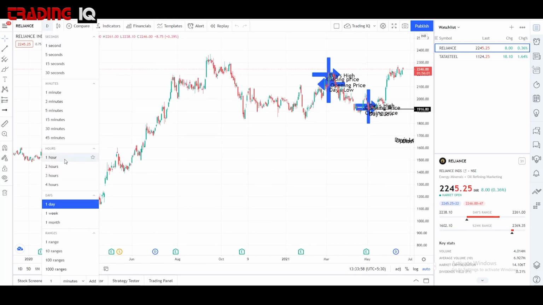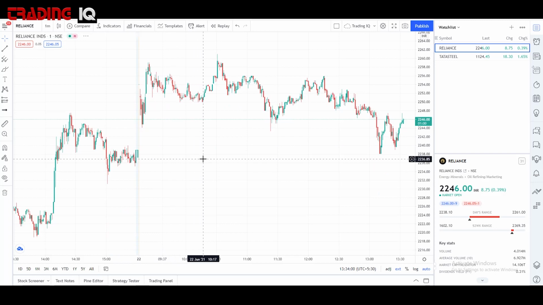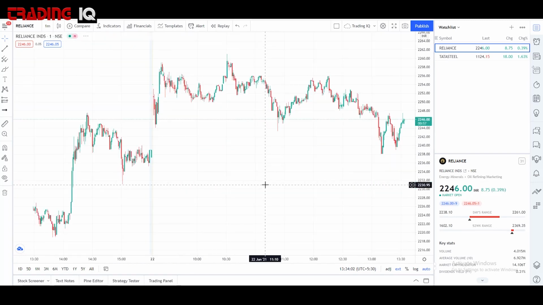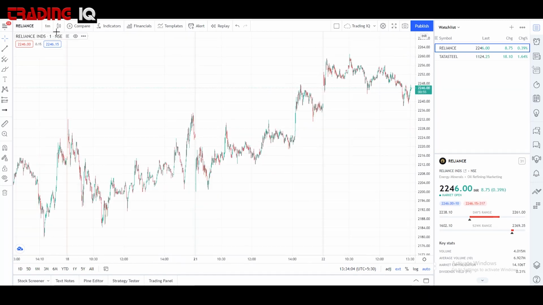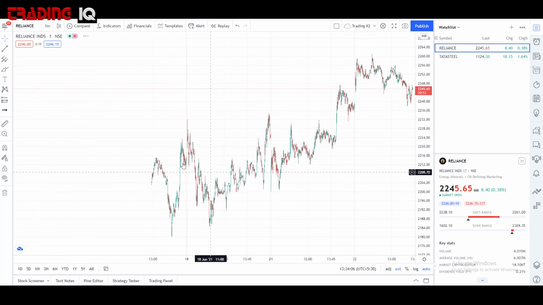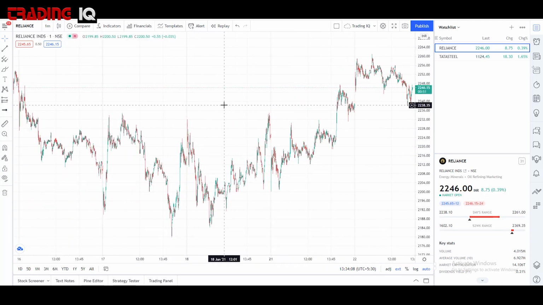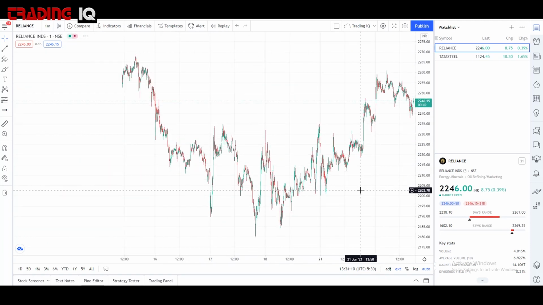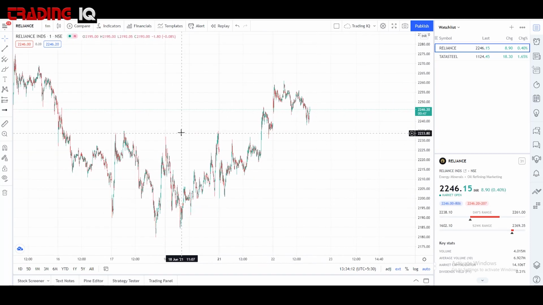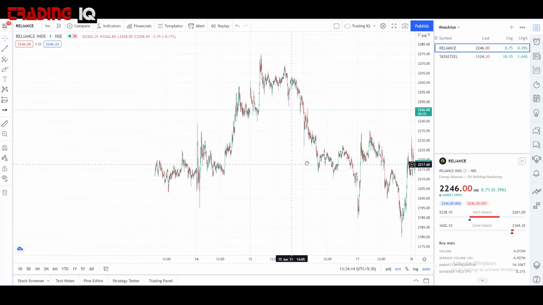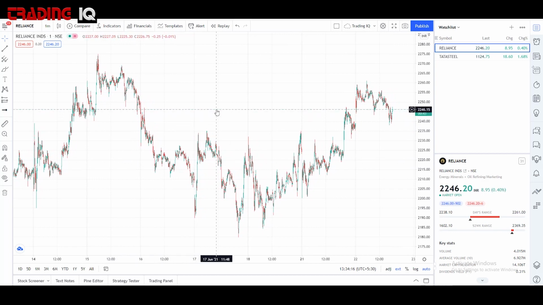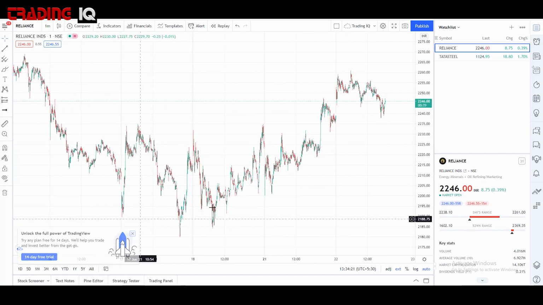let's go to a minute chart because I have made some drawings on the daily time frame chart. So this is a minute chart, right? So you see the shape of Reliance price action like this. You see it has formed a shape, right? Every time frame has its own shape because prices keep moving.